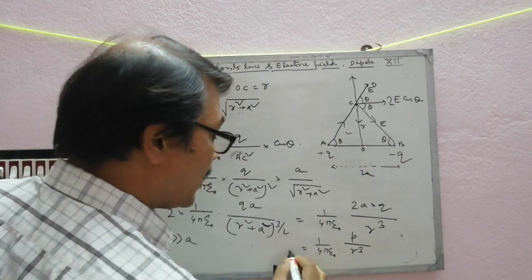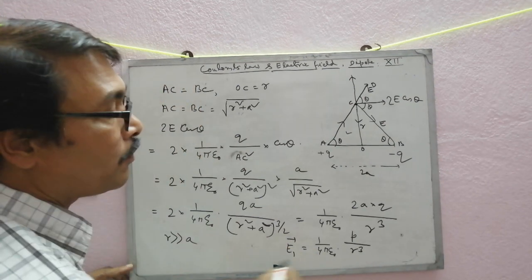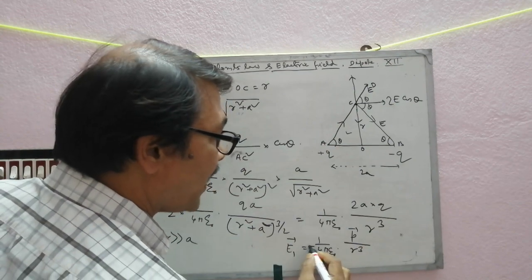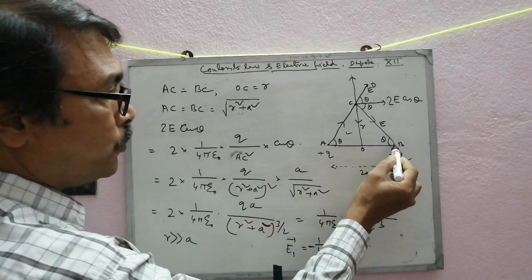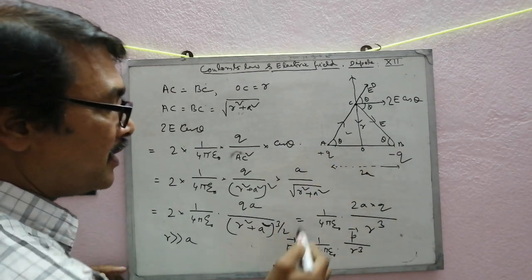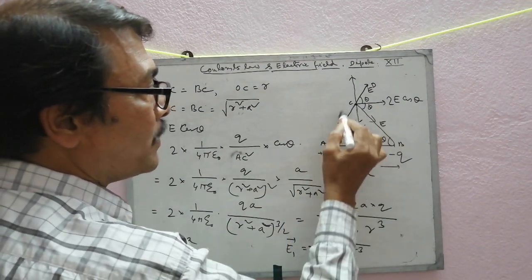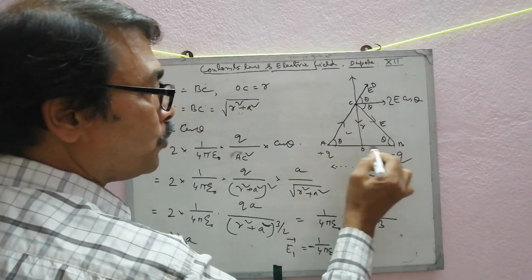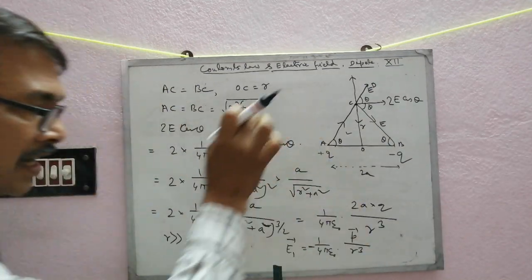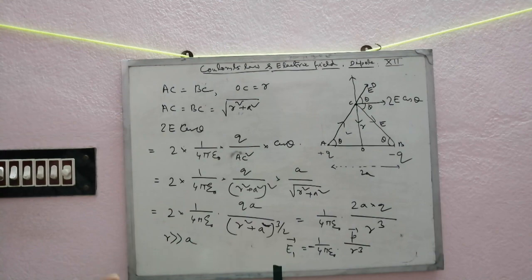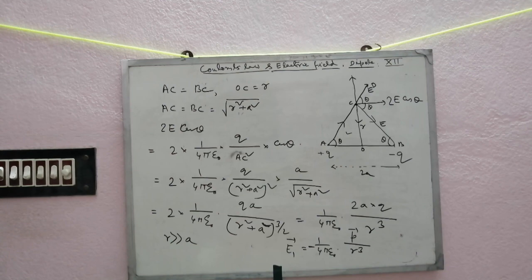So the final electric field we may write in vector form, but here there is a minus sign. The direction of P is negative to positive, B to A, but the direction of the field is from C in this direction, parallel to AB but opposite. So the angle between the electric field and the dipole moment is 180 degrees. Clear? This is another point.